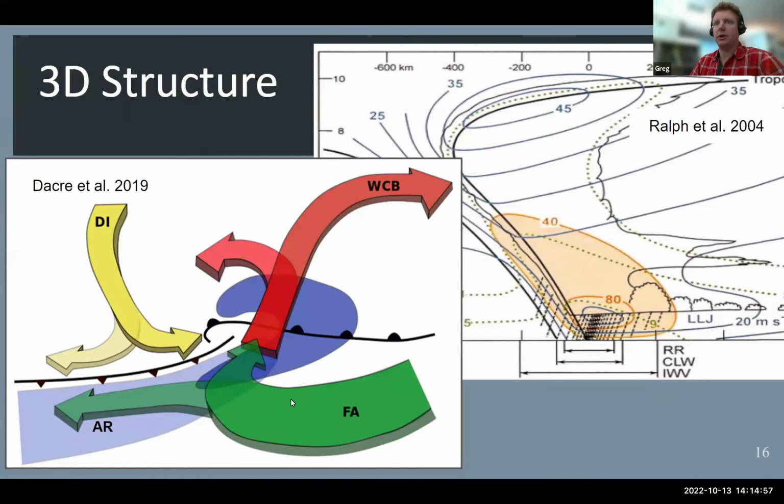So this paper looked at airflows, and it was kind of a unique paper because it looked at storm relative airflows and not Earth relative airflows. So it was an interesting way of looking at it. But anyway, they found that this feeder airstream out ahead of it played an important role in feeding moisture into the atmospheric river. I've also seen other studies that argue that even this dry intrusion behind the cold front is fairly important because since the air is colder and drier, you get even more moisture flux off the ocean compared